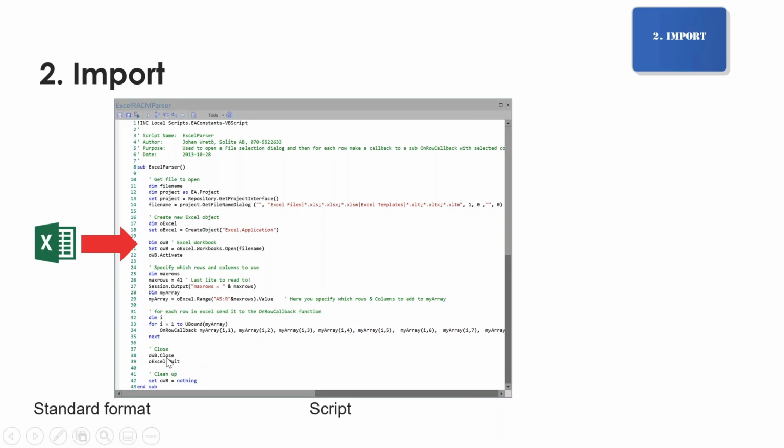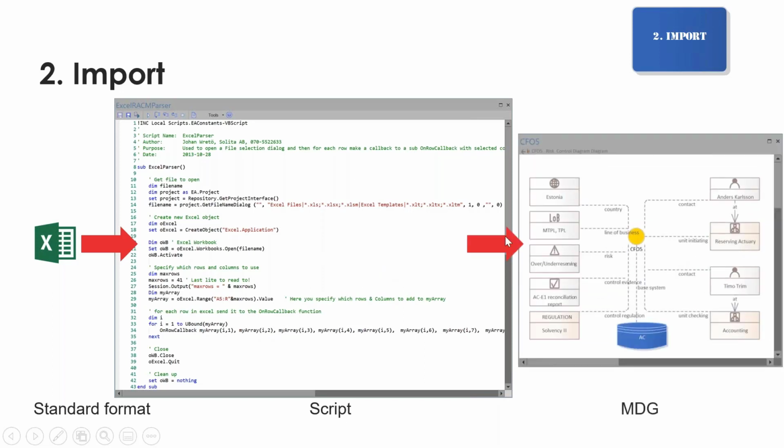And afterward, it just closes Excel and quits, and then it's complete. So these 40 lines of code have been reused hundreds of times, I think, and it's really a simple way of getting Excel data into Sparx. So I hope this could be a takeaway for some of you who want to load data into Sparx in a simple way.